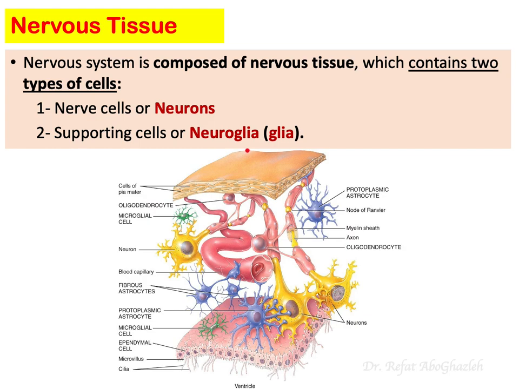So before talking about the nervous system, let us imagine that we are talking about an organ in our body, and the organ is composed of tissue, and the tissue is composed of cells. So back again to the nervous system. The nervous system in general is composed of nervous tissue. And again, the tissue is composed of cells, right? So the nervous system is composed of nervous tissue, and this tissue is mainly composed of cells, mainly the neurons and